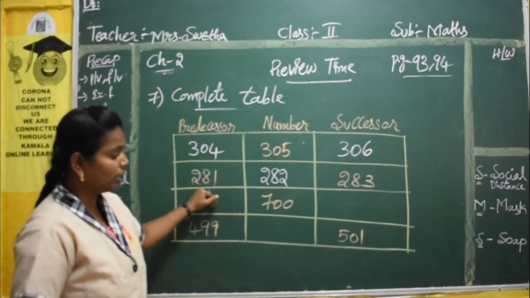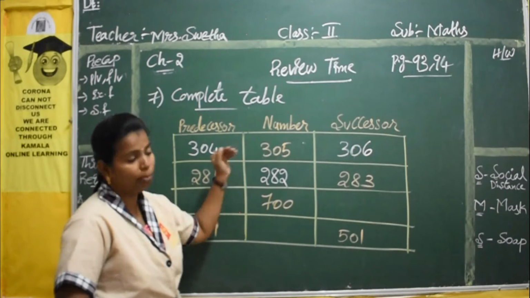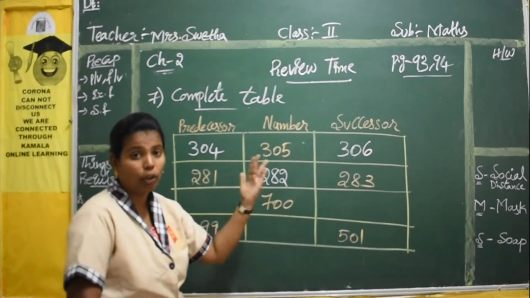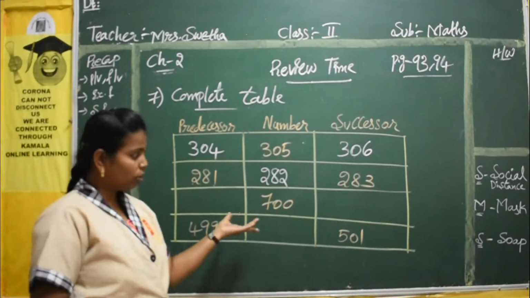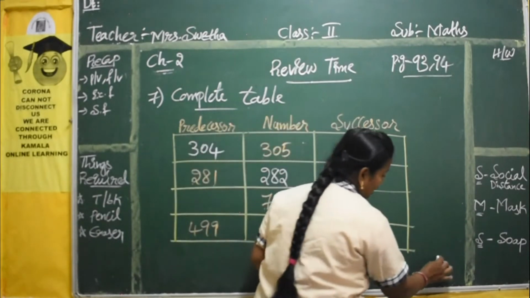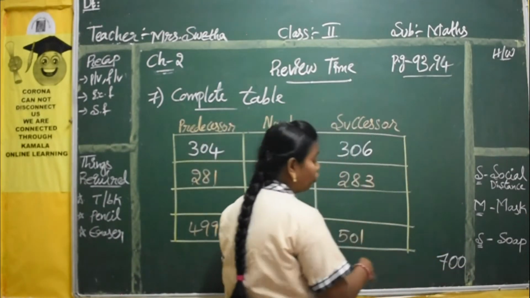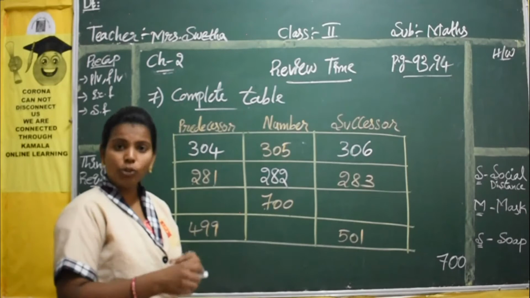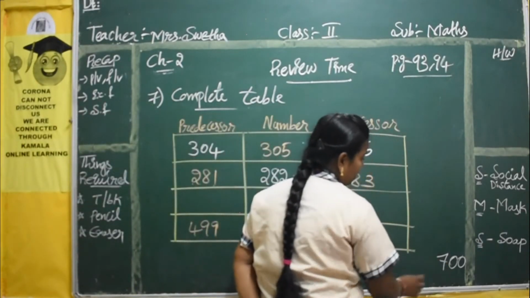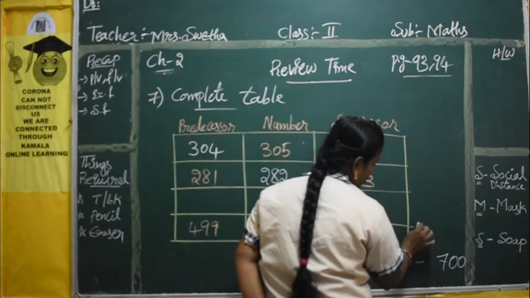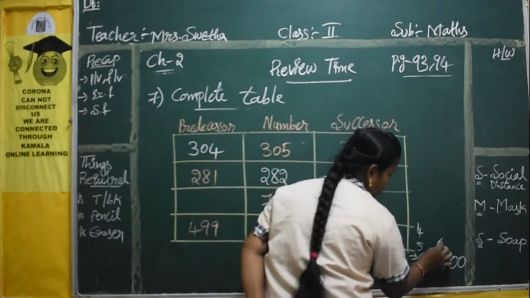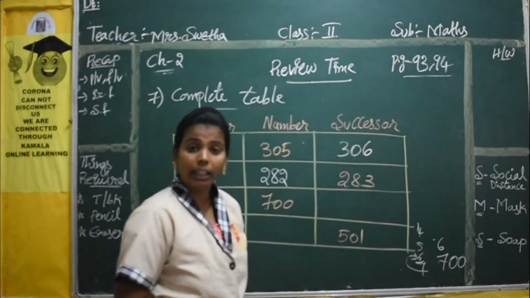Now we will move on to the third one. The third one is also the same as your first one. Here they have given the between number, and you have to write the before number and the after number. It is a little different, so listen carefully. Here you have 700. For the before number, you have to take all the numbers before. Before 7, what is the number? 4, 5, 6. Before 7 you have number 6. So before number 7 we will take 6.